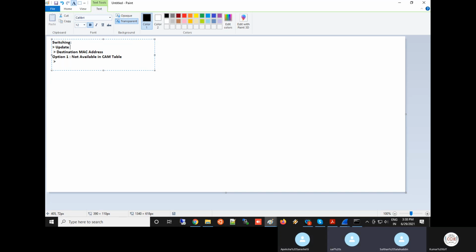If the MAC address is not there, only when you send the packet will we come to know, sir. Forget about connecting, not connecting. In the CAM table, the destination MAC address is not there. What will the switch do? It will send it out in all the ports.